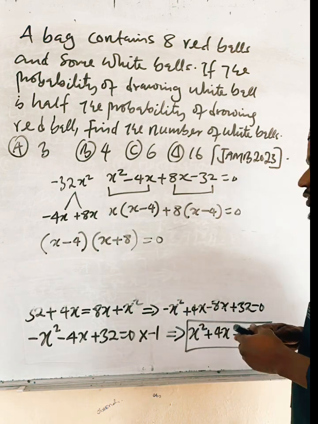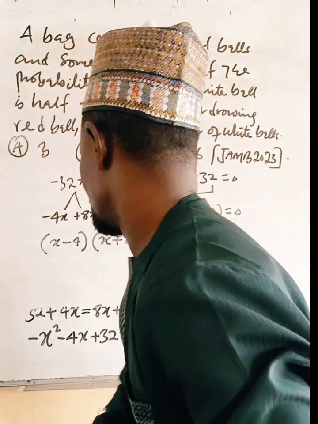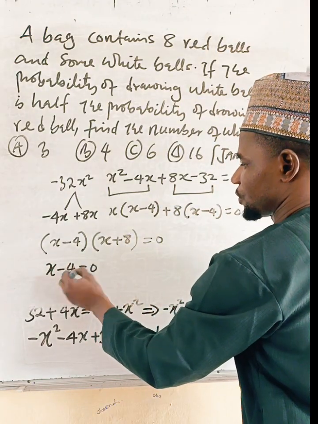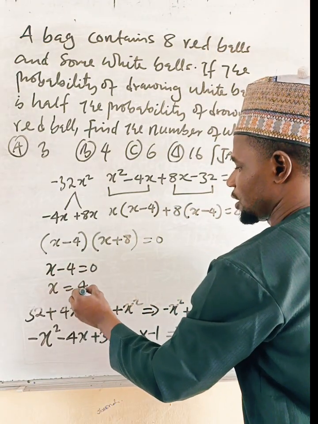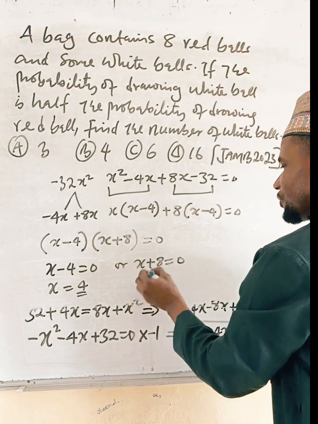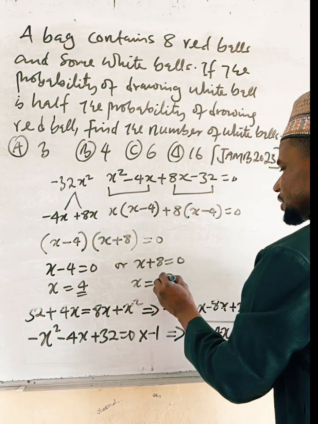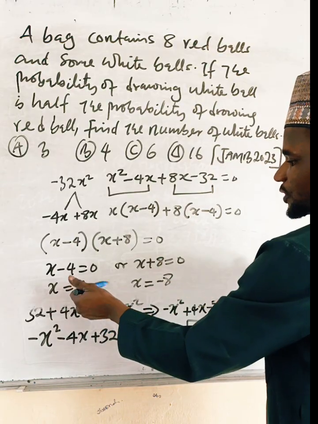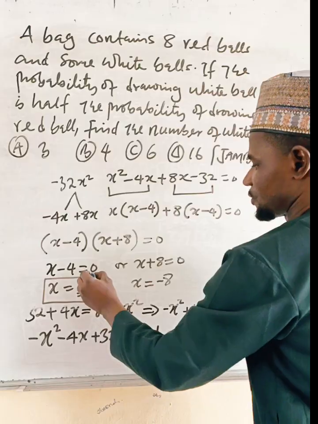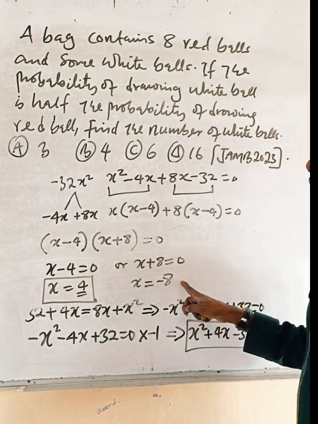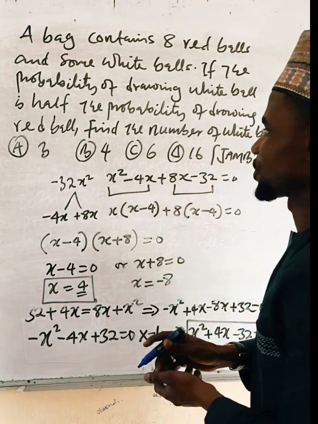As this is equal to 0, that means x minus 4 equals 0, then x equals 4, or x plus 8 equals 0, then x equals minus 8. Now, automatically, we are to consider the positive number. The positive number is 4. Therefore, x equals 4. That means we have only 4 balls inside the bag, not minus 8 balls. So the correct option is option